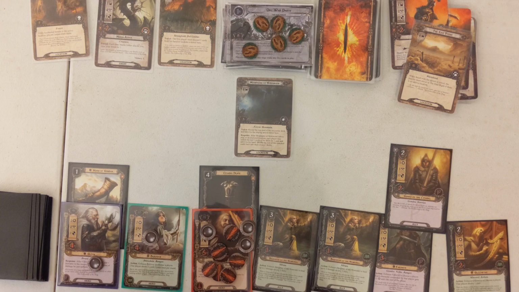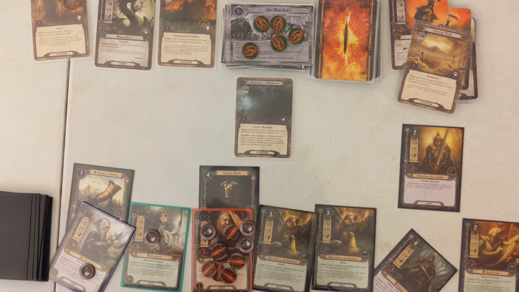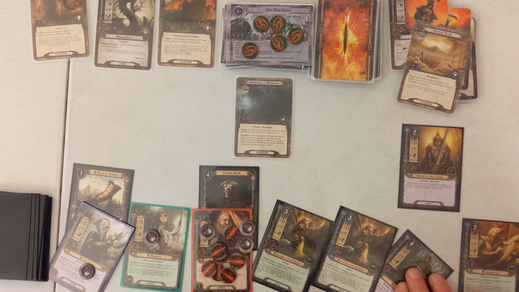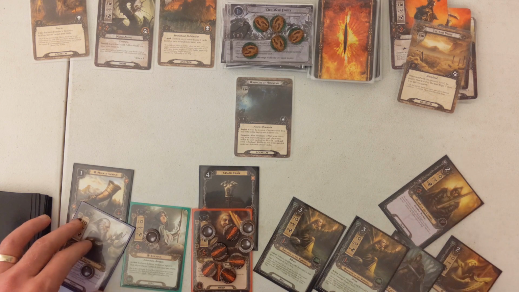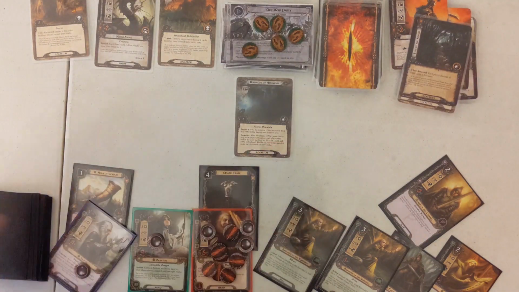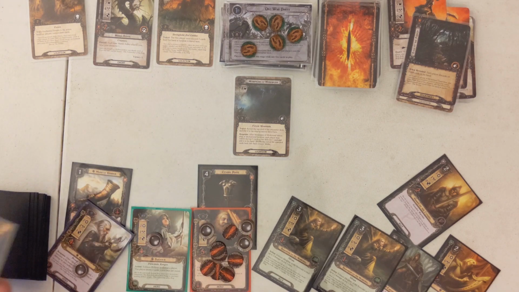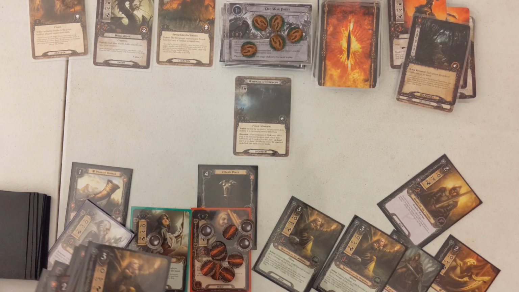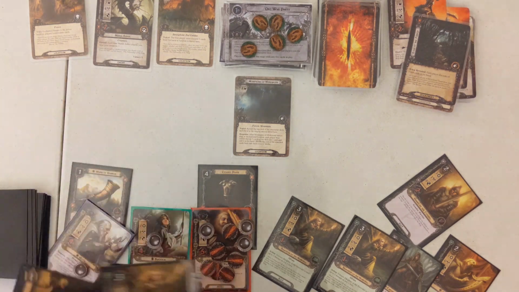Let's see here. Two, four, 5, 6, 7, 8. Quest for 8. Each player discards all event cards. Ugh. That's terrible. Both Feints and Quick Strike gone. Those are very key cards. Those are the only event cards. In fact, I could have played that when he engaged me to just kill him without him being... Yeah, well...